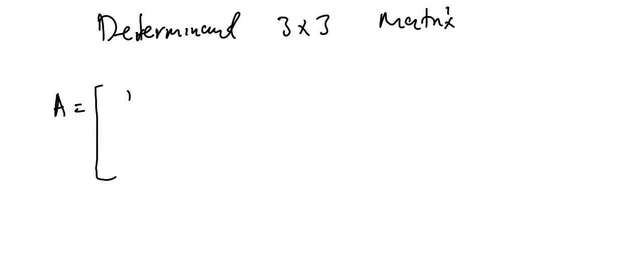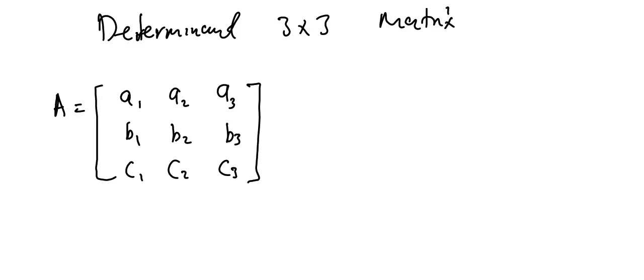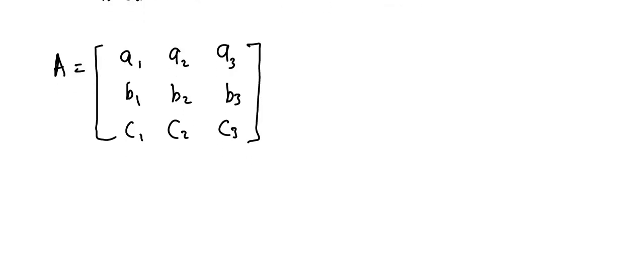So we have, let's say this is A. Let's call this A1, let's call this A2, let's call this A3. For the second line to be B's, there'll be B1, B2, B3. Let's call this C1, C2, and C3. So if this is a 3 by 3 matrix and you want to get its determinant, the determinant of A is equal to,